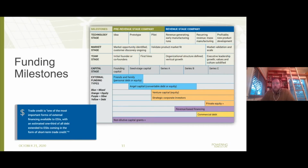Included in the paper and also included as a standalone knowledge product that we can also link to, we put together some funding milestones. These funding milestones are, again, a guide. It's not the gospel. There's some room to argue about what these different milestones are and slide things around. But in general, it gives you an idea of where a company should be, the capital that they should actually be pursuing at that stage in time, what the market should look like,